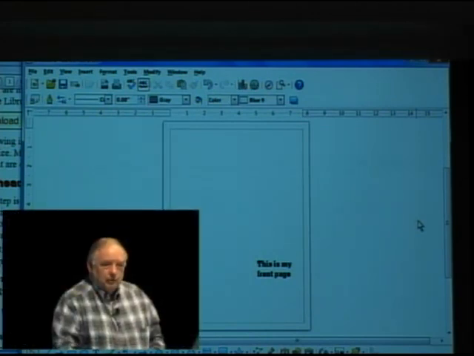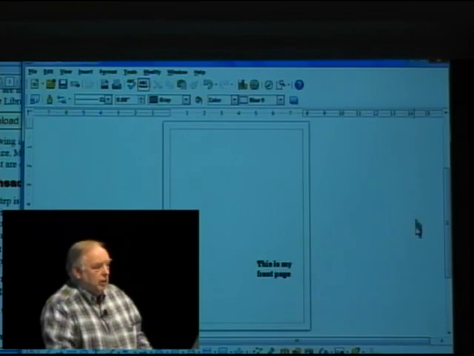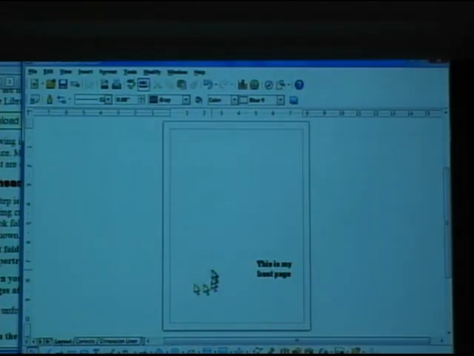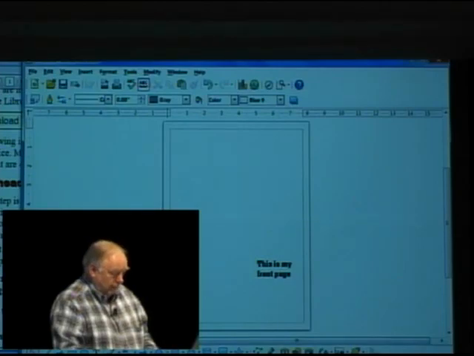How do you get a picture up there? Pardon? How do you get a picture up there, you ask? I'm glad you asked that question. Suppose that it's Christmas time and I want to put a picture of a Christmas tree on the back of the card, which you'll recall is over here in the lower left corner. Well, I just happened to